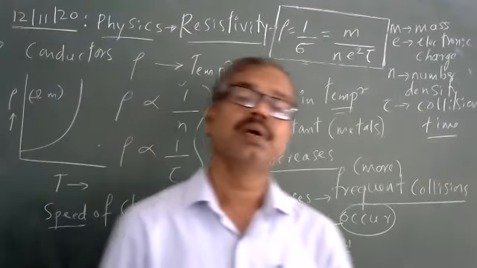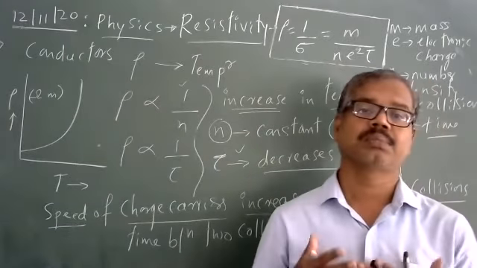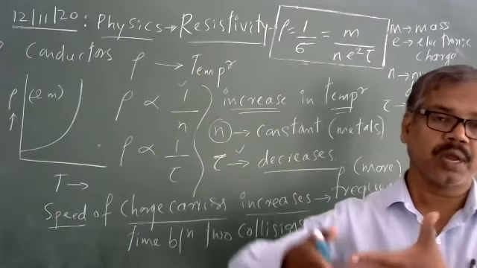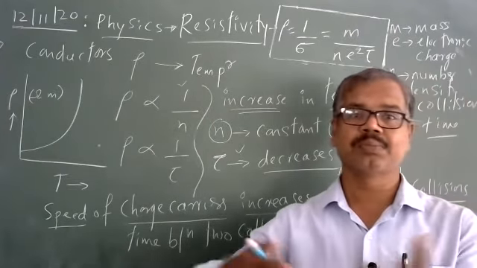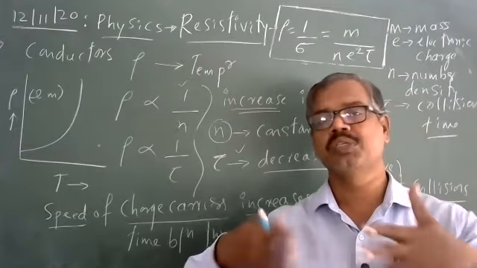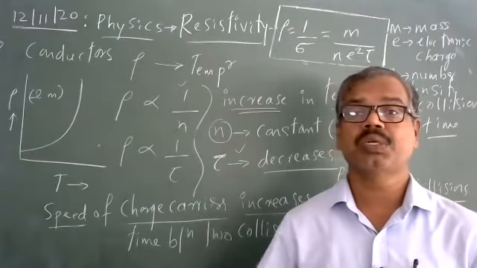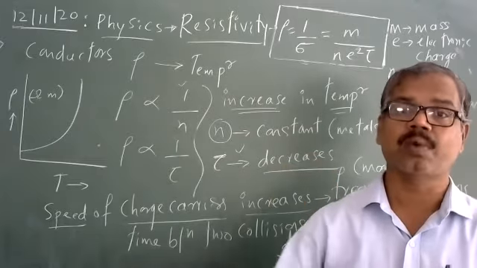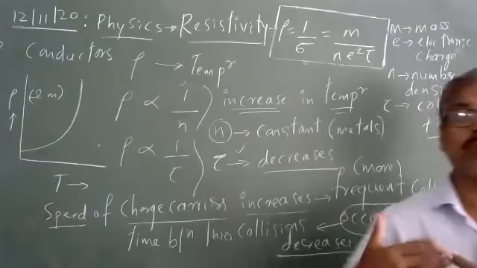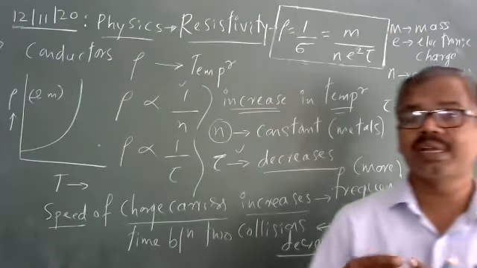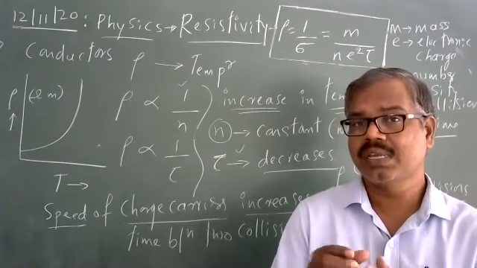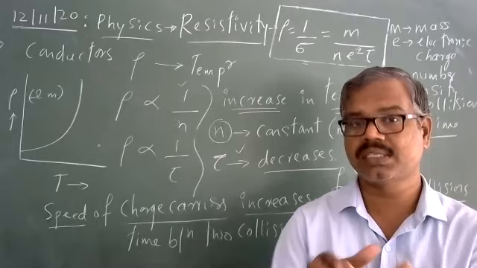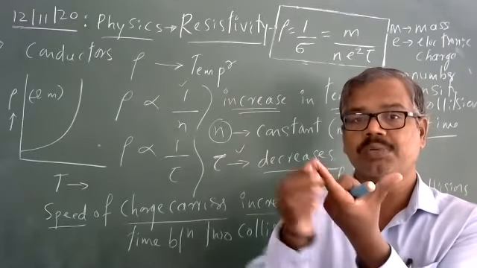I repeat, whenever metals are subjected to increase in temperature, what happens to copper? Copper exhibits more resistivity. It means more opposition. What is the reason? With increase in temperature, naturally, the charge carriers acquire more speed. They collide more frequently. When they collide more frequently, the collision time decreases. Because the speed increases, take for example, the distance between two ions remains